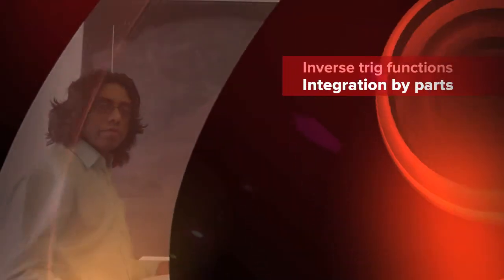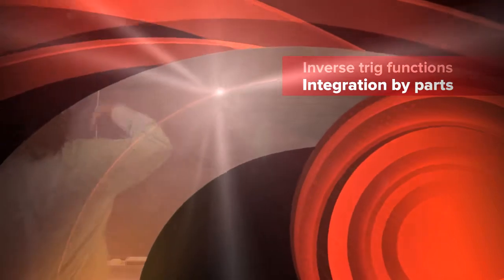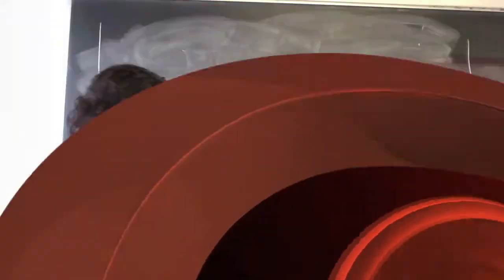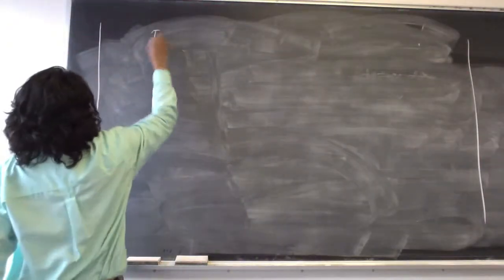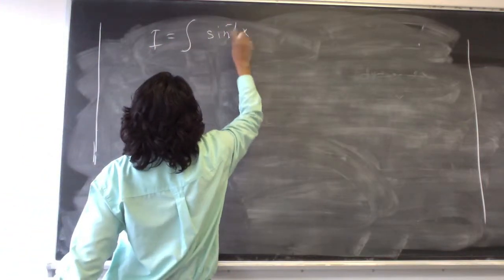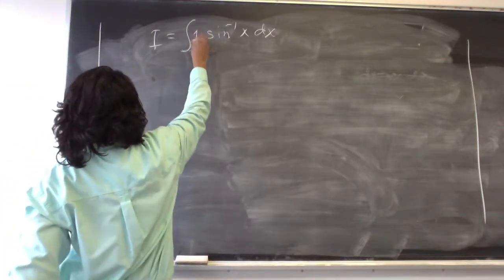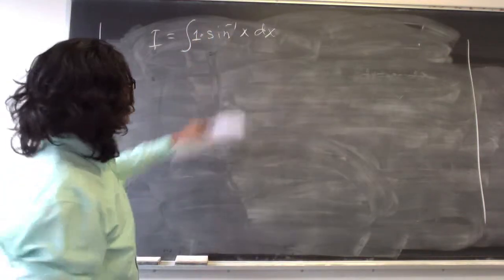The next type of functions are the functions where you have inverse trigonometric functions. So something like this: I is equal to the integral of sine inverse of x dx. So we have two functions here: one times sine inverse of x. So you can take